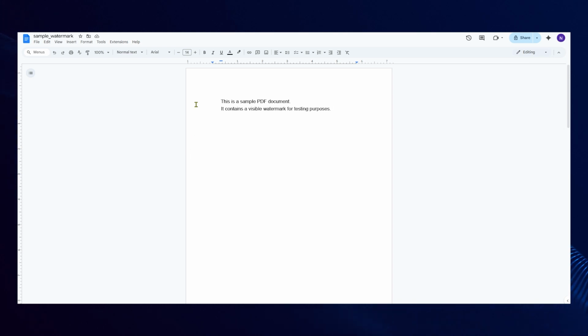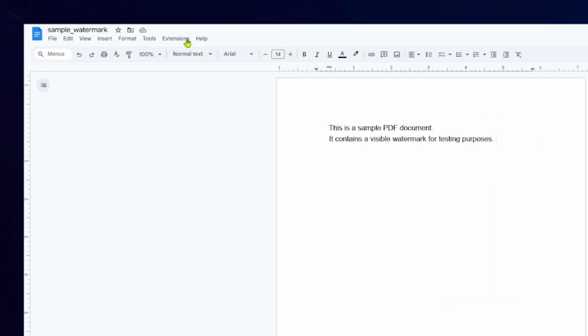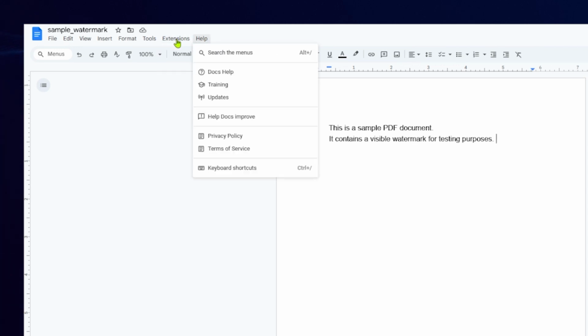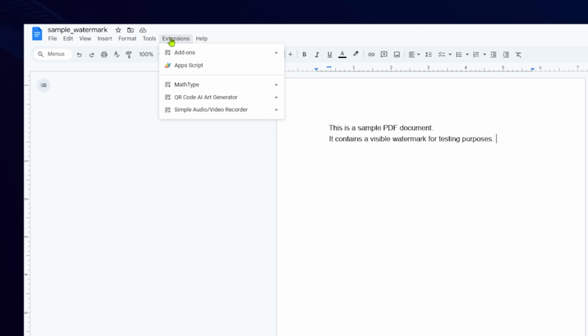Once you're in Google Docs, head over to the extensions menu at the top of the screen. The extensions menu expands the capabilities of Google Docs through various add-ons, making it versatile for all sorts of tasks, including creating fillable forms. By clicking on this menu, you can explore a range of tools that integrate seamlessly into